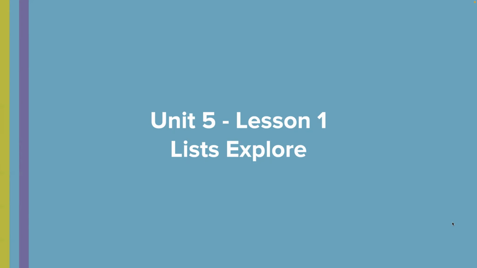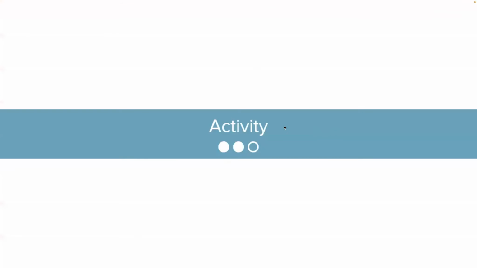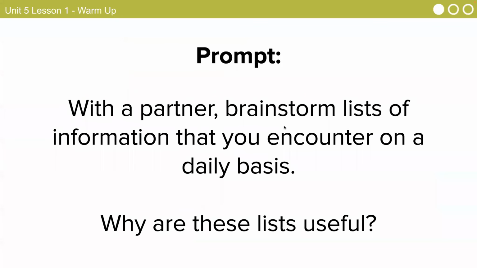So we're gonna talk about lists. What's a list? With your partner, brainstorm a couple of lists that you encounter every day. Checklists. Okay, I'll give you another one. When you go to McDonald's, they have a list up on the board that says you get a Big Mac for this amount. You can get a quarter pounder. You can get chicken nuggets. You can get a chicken sandwich. That is a list of items.